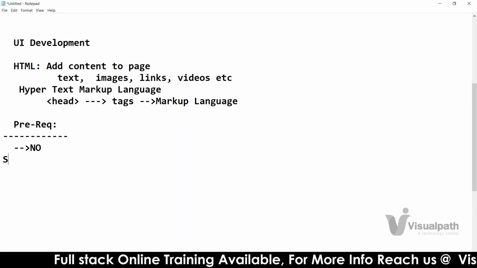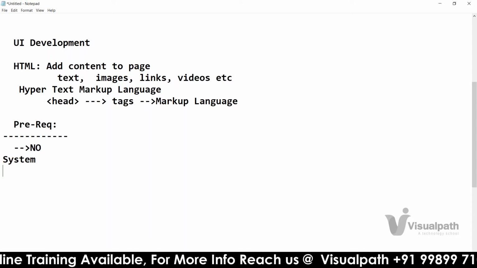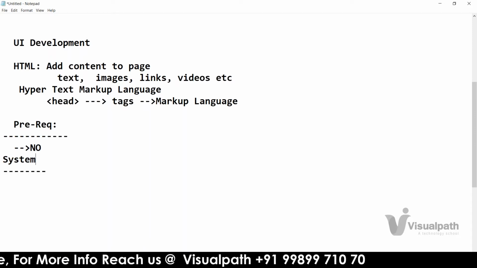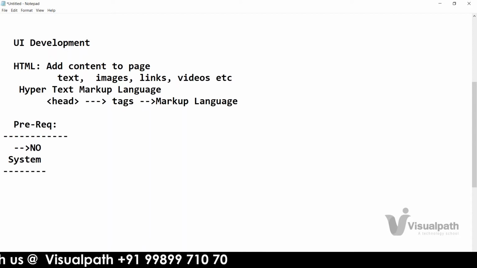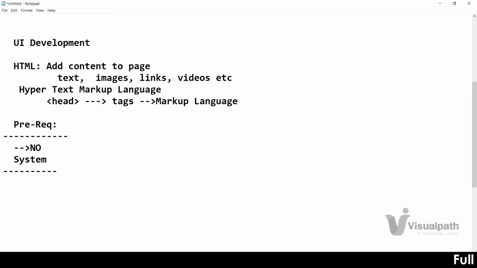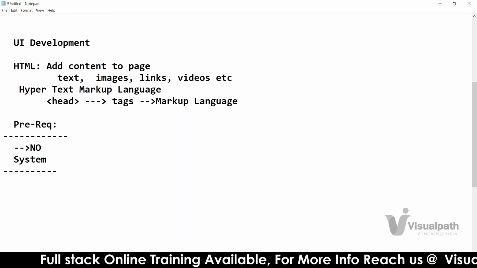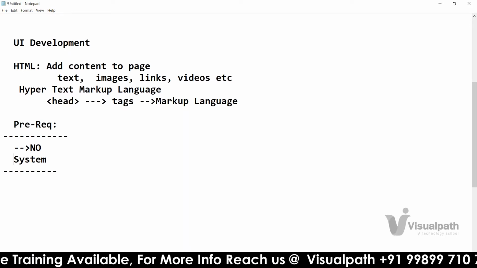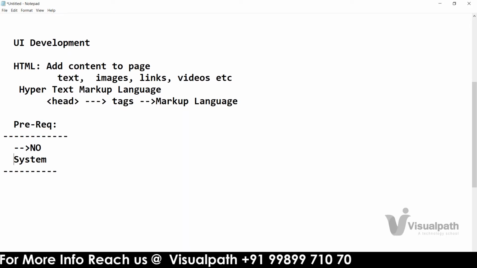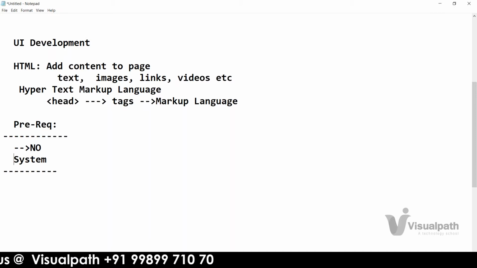But when it comes to your system, your PC, what software do you have to install to work with HTML? For example, do you know about Java or not? Most people generally know, right? If you want to work with Java, or even in your graduation days, you might have worked with the C language, first you would be installing some compiler in your computer. In the same way, if you want to work with Java, you have to install the JVM in your computer. That is called Java installation.